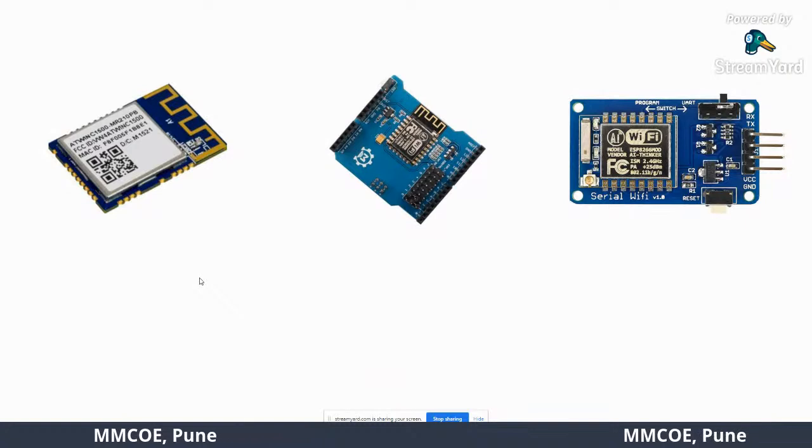Some of these Wi-Fi modules, some of you must have used already, or those who haven't used, they may buy some of these modules. The most popular Wi-Fi module, which is very cost effective, is ESP8266, right? This is the one which is quite widely used with Arduino. If you are using Arduino as a microcontroller module, which is quite popular and easy to program with a range of sensors, you can think of using this Wi-Fi and connect it with your Arduino board for Wi-Fi communication.